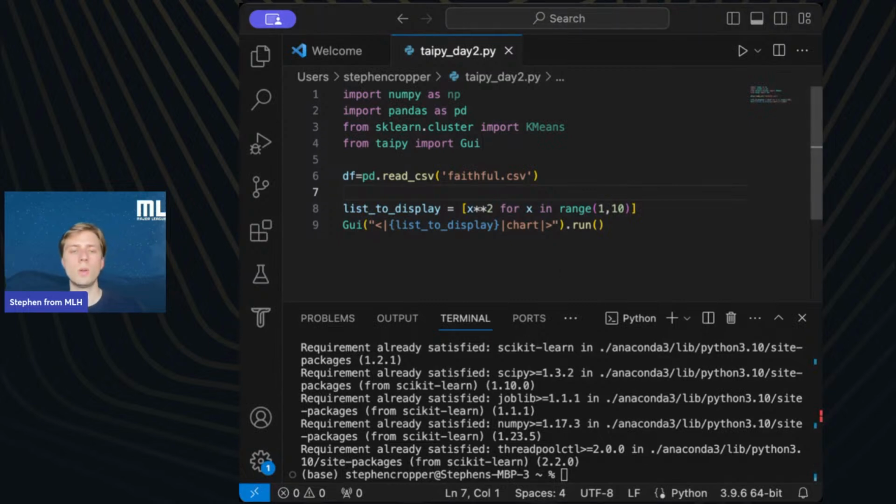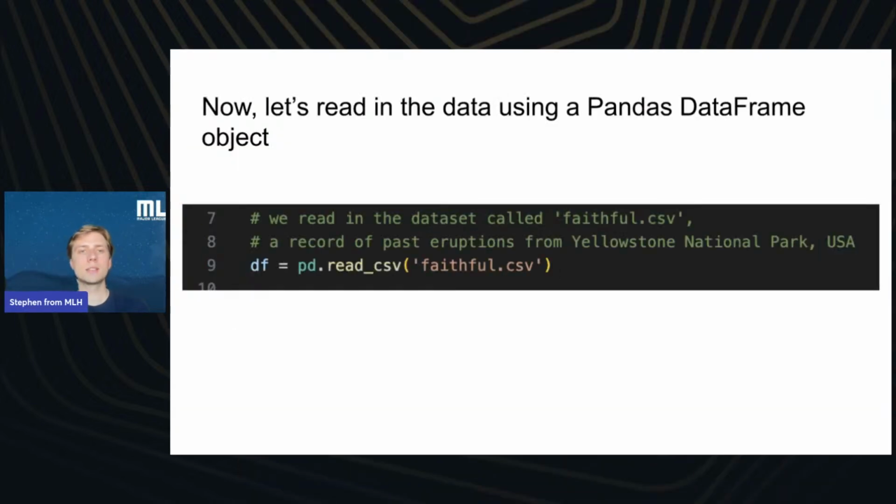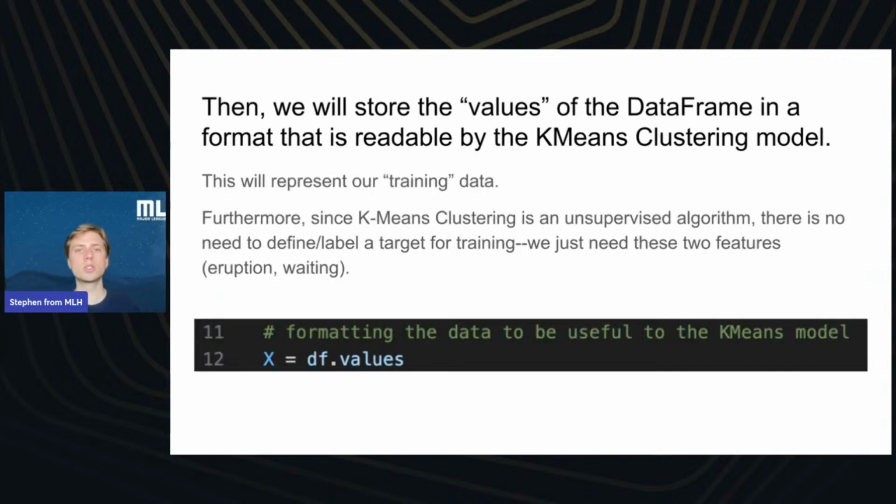All right, so the next step here is to store the values of this data frame in a format that is readable by the k-means clustering model. In the case of the k-means clustering model, it does not really play well with data frames. Instead, it's asking more for numpy arrays. So what you'll do is type df.values.